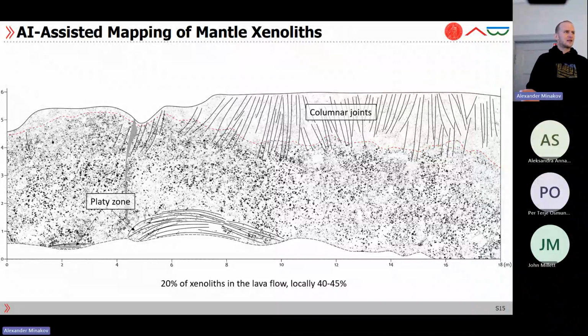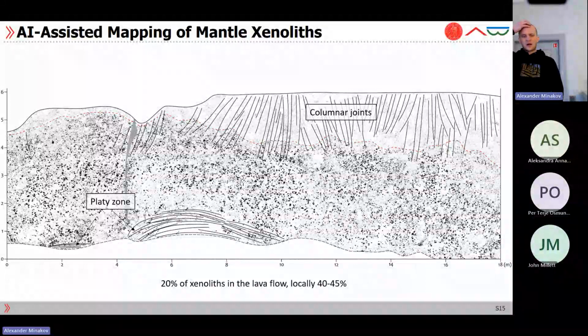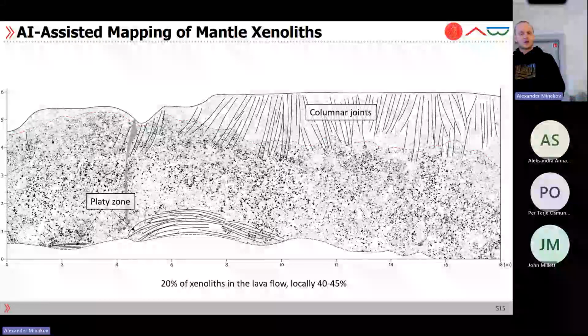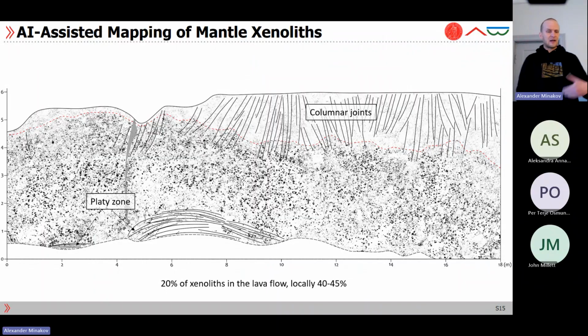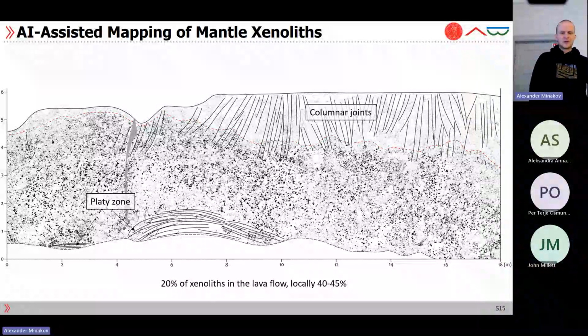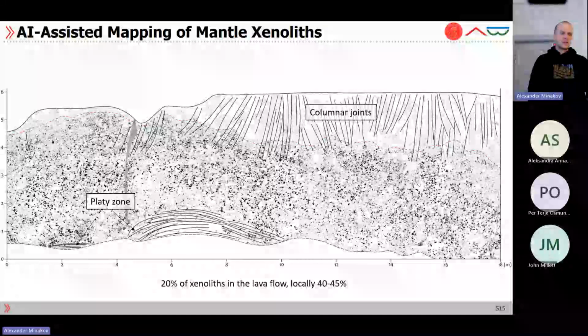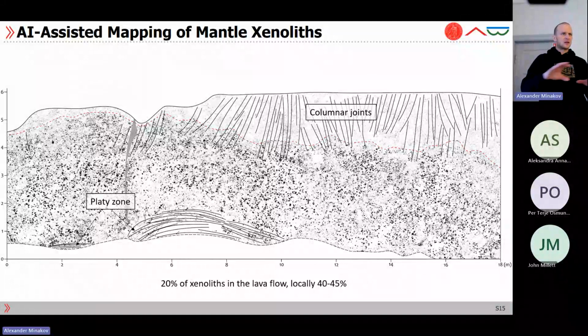In the literature, they say that it's up to 50-60% of the total volume of the flows, but here we estimated about 20%. Yes, locally we can have 40 and 45% of xenoliths in the lava flows, but on average it's about 20%. So further on, I would like to work a little bit more on that, maybe to estimate shape variations